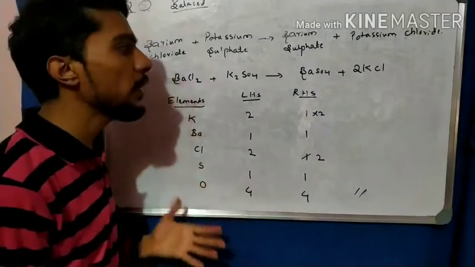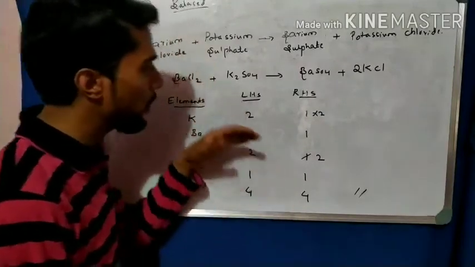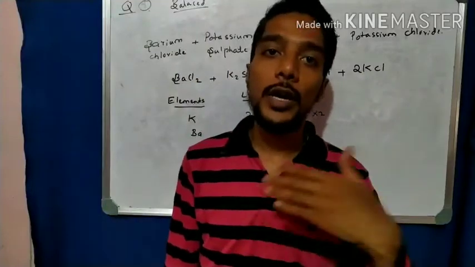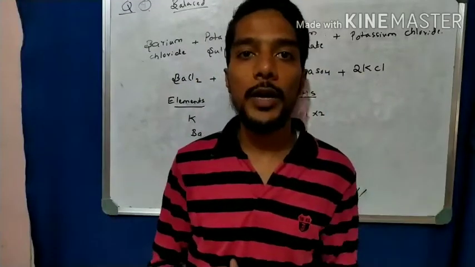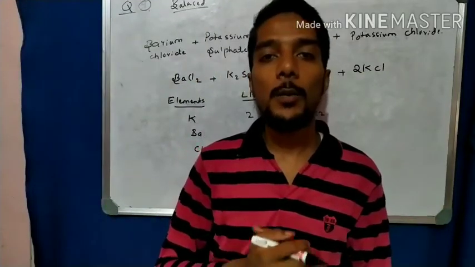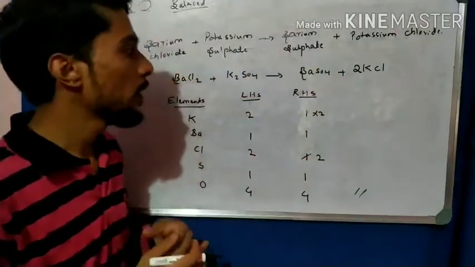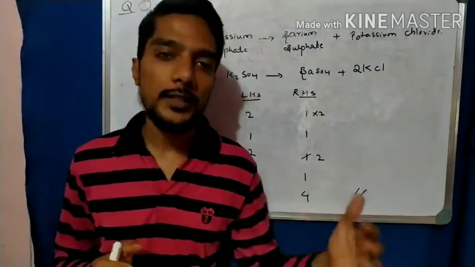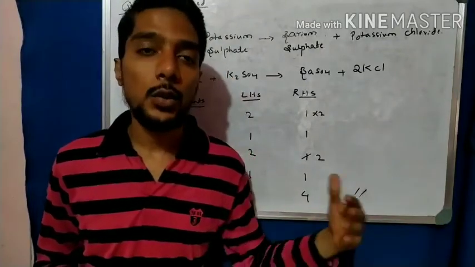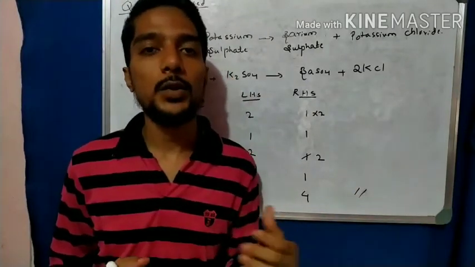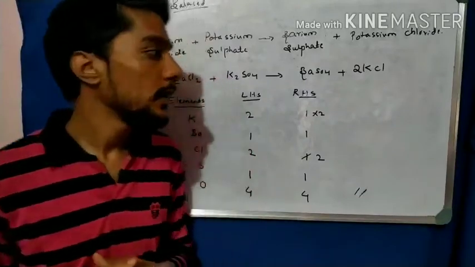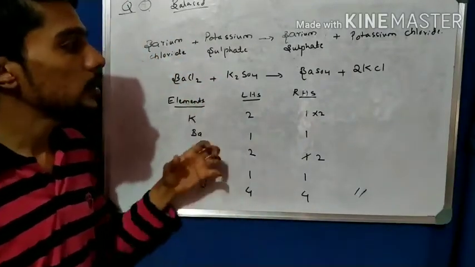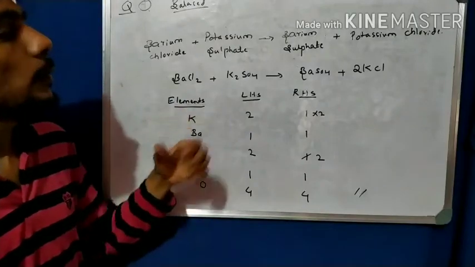So like that we have to check one by one. After balancing number 1, come to number 2. After balancing number 2, you have to again recheck number 1. So one by one, step by step, you have to balance these chemical equations. So I have solved 4 examples here. In the textbook, so many examples are there. Go through those textbook questions and practice one by one. That will make it easy to understand. Practice makes a man perfect. If you practice, you get a very good grip on that concept.